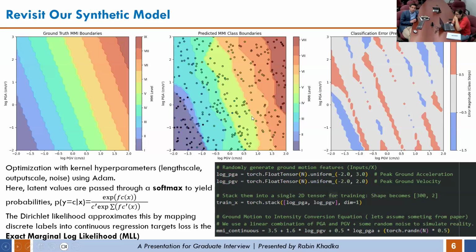So maybe if I add one more layer of simplicity. As Robin said, the MMI scale is a discrete scale of different outcomes that you get from earthquake shaking. One outcome is that you felt the shaking, another outcome is that it knocked light furniture off the ground. A more severe outcome was structural failure, structural collapse.